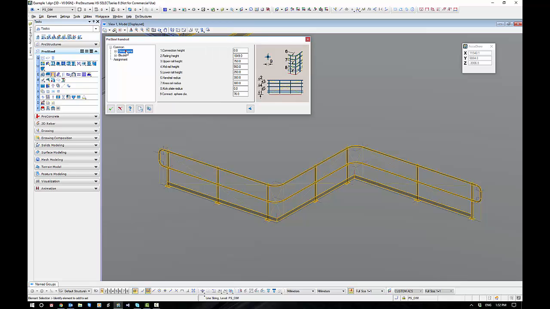So moving down to the first thing, which is dimensions. Number one is the connection height offset. So that would be a negative value if I had a side offset type connection. Talking about these